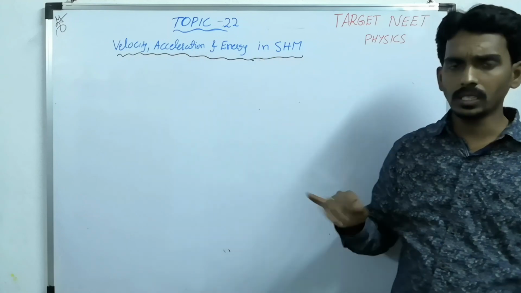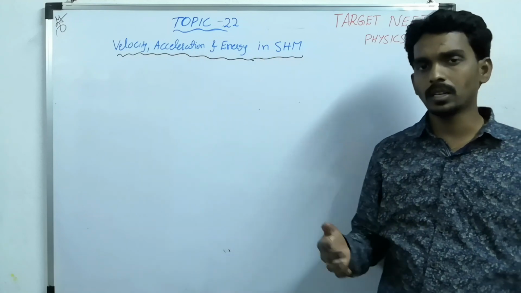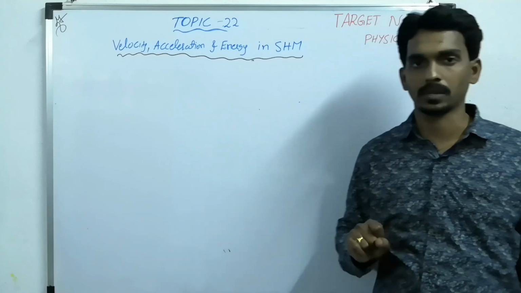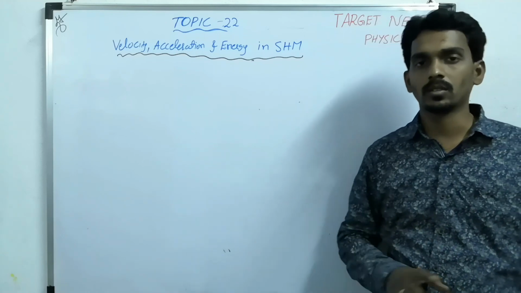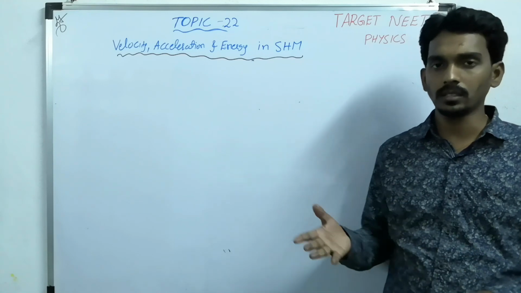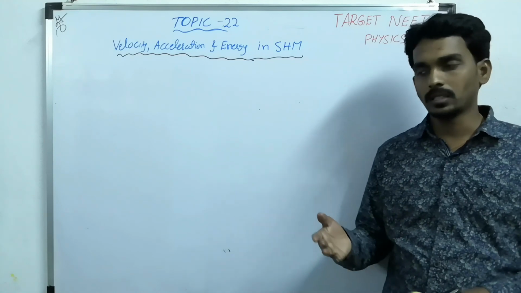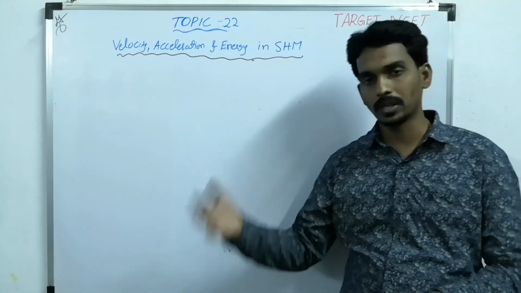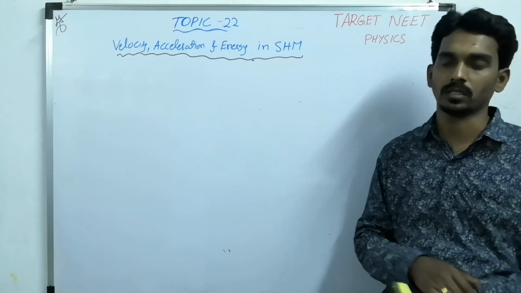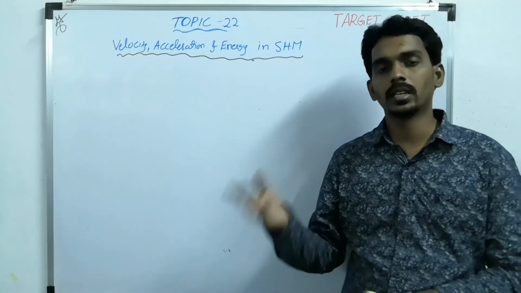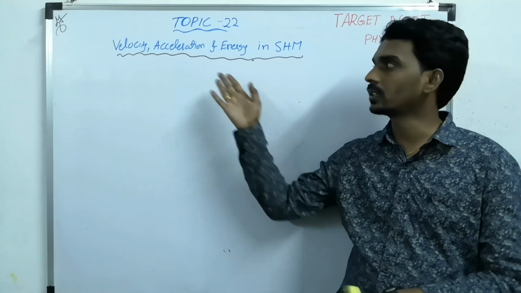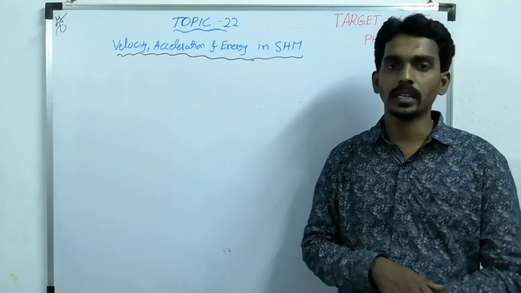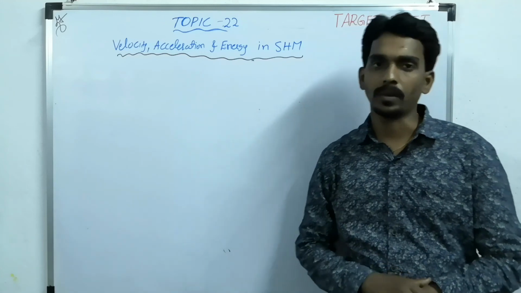So the three things are like, you have to remember each and every formula in terms of time as well as in terms of displacement. Based on that you can get questions. And the other one, based on displacement or velocity, after what time it will become maximum or after what time it will become half. That is the other kind of question. And the other kind of question, they can give the graphical representation of these three things. So this is how you can get questions based on this topic.